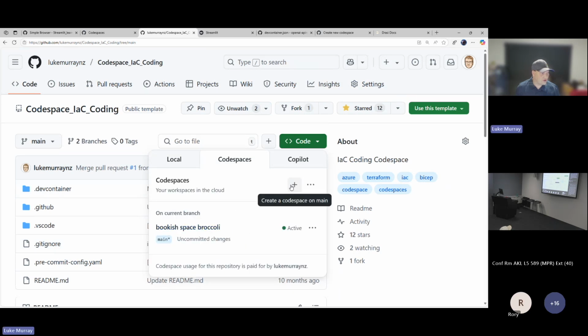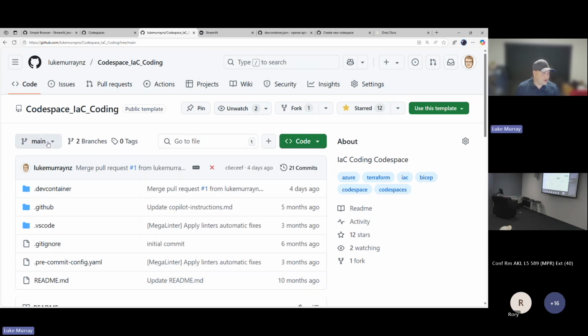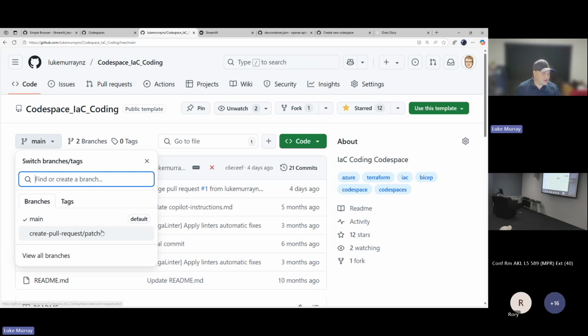create your codespace, that will bring it up. You can also work on it in a separate branch, it doesn't have to be main. You can work on your dev container in another branch as well, and then do the pull commit into main